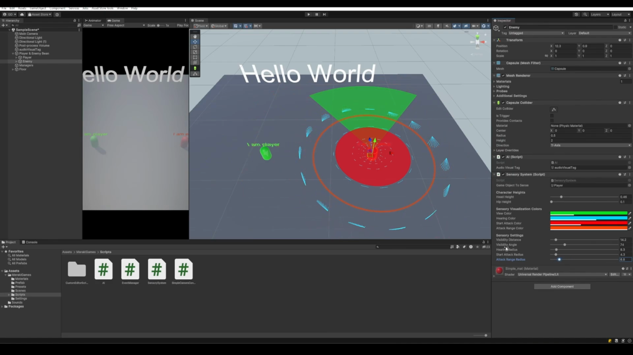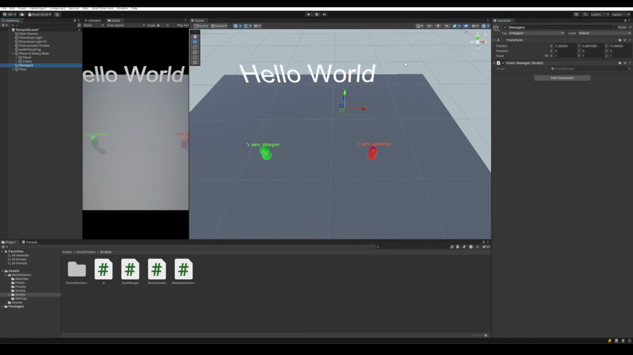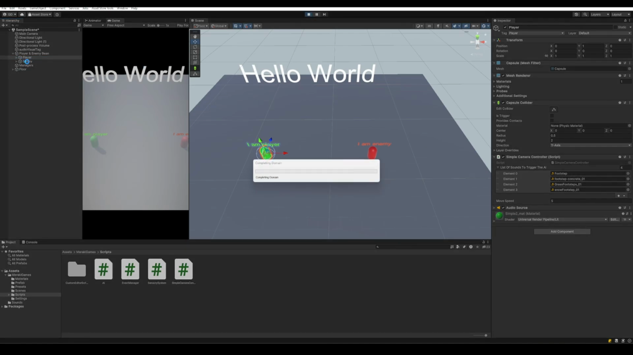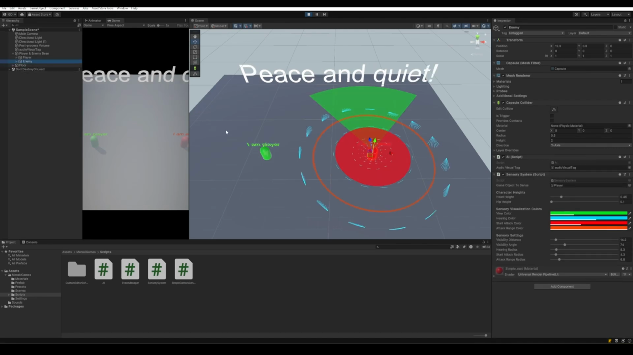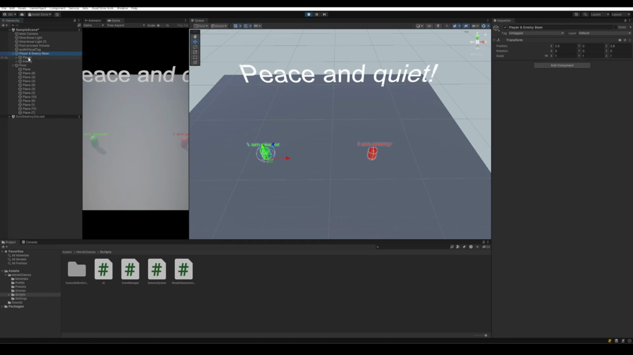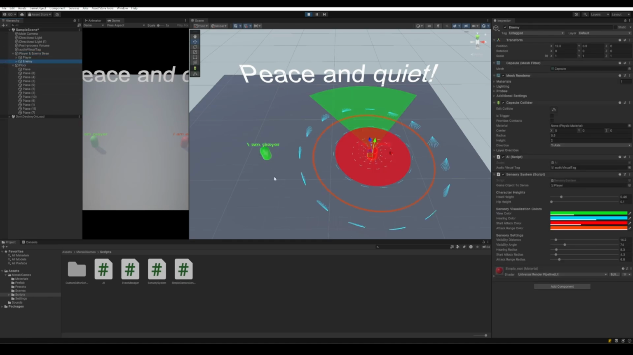Let's give this a go. Before I do, I've got an event manager here, which triggers the sounds on the sensory system from the player simple camera controller script. Let's have a look. There we go. It's going to be very loud, so I'm going to try and talk over it. But if we have a look,